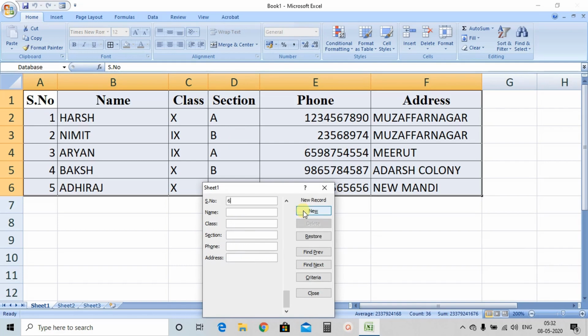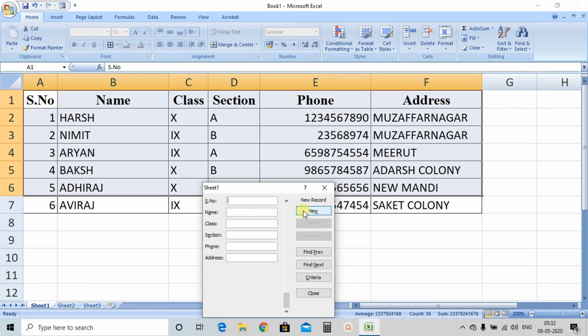Now serial number 6, name, class, section, phone, address, enter. Clear? This is the way how you can add a new record in your form.